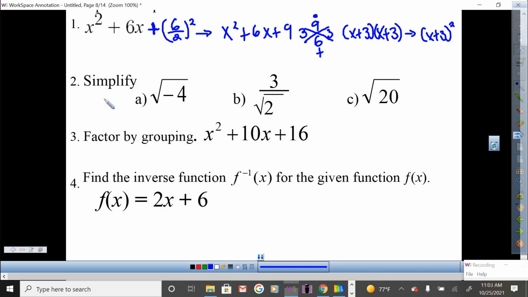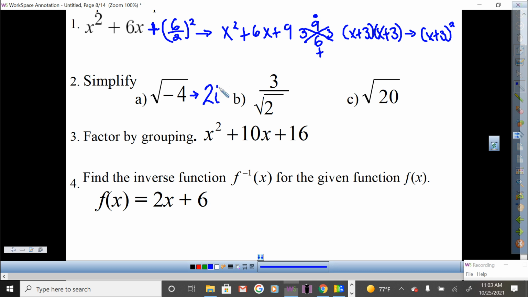Number 2, it says simplify. By now, we should be able to simplify this. I'll tell you now what you got for part A. Make sure they got it by now. My goodness. Yeah, this one you should have gotten